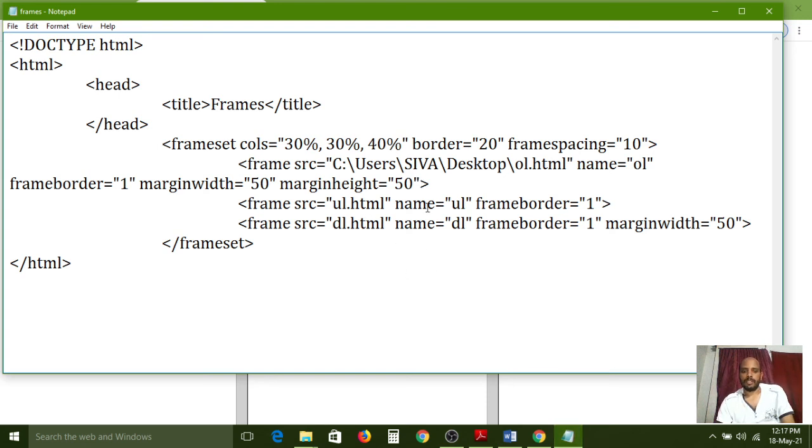Now, I don't want to drag that one. I don't want to move this. I don't want to drag that size. NORESIZE equal to, in between double quotes, the same word you need to configure, noresize. In the first frame I have configured this one. So the first frame I have restricted.